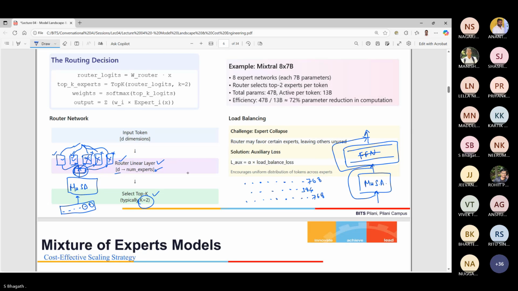Okay. Now the point here is there is an issue. Sometimes during training, most of the tokens might take the first two, and the others might get very few tokens. So what they do is load balancing. Load balancing means uniform distribution of tokens across experts, which means during your training process, for example, I take a batch of, suppose, 128